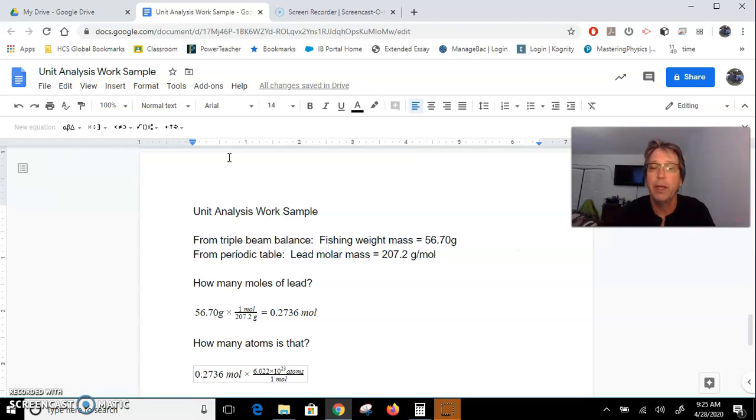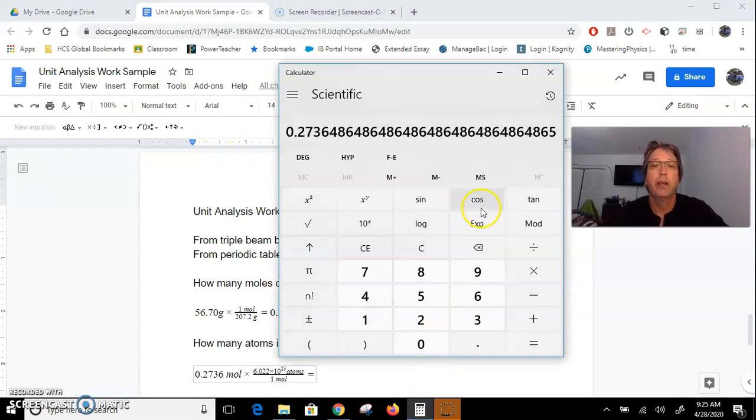So I'll hit the tab again, hit equals, and then go, wow, I just got to figure out what that is. So let's go back to the calculator again. Here's my answer from the first one. I can just leave it there. And this time, both of my numbers are on the top. So I'm going to go times